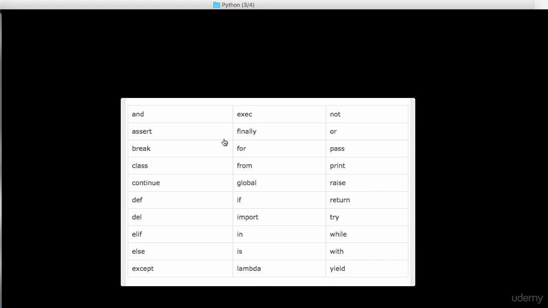These are the keywords that come with Python out of the box: assert, break, etc. So when you are declaring a particular variable, be careful not to use a word from one of these lists. If you do so, Python will throw an error saying you cannot use that. Let's check this.